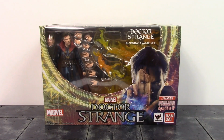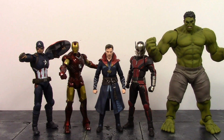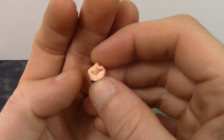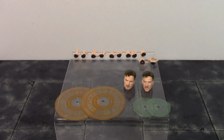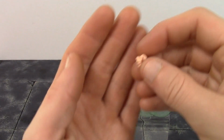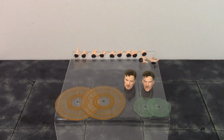So it's Marvel. And very nice sculpt and paint all throughout. A pair of fists, of course, which come on the figure out of the packaging, and very nice sculpt, and I believe...